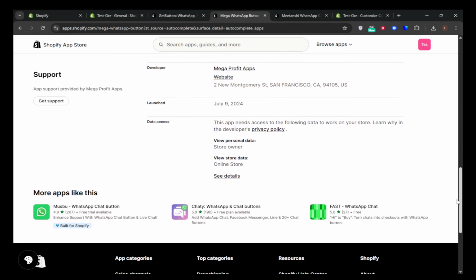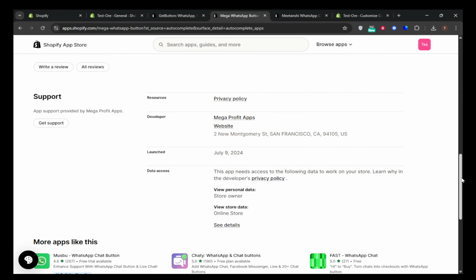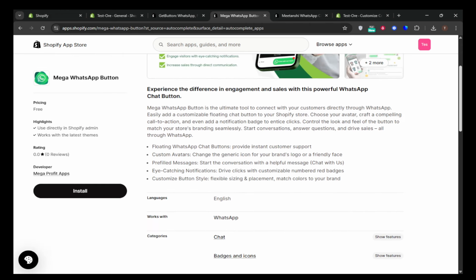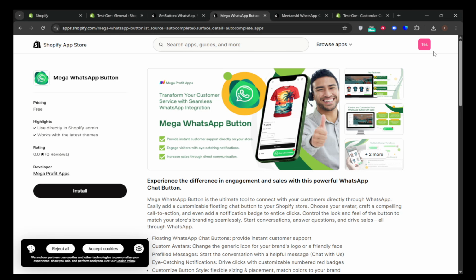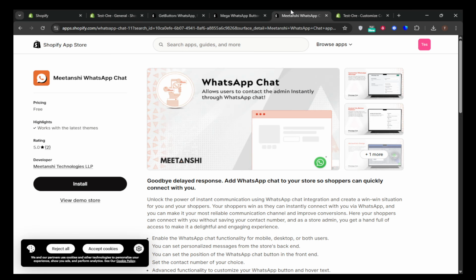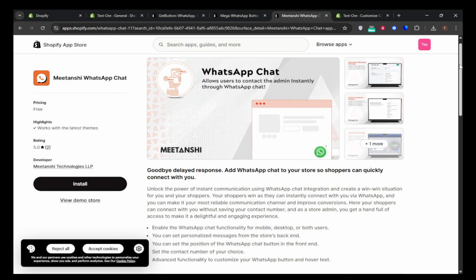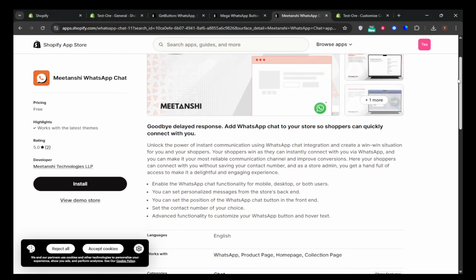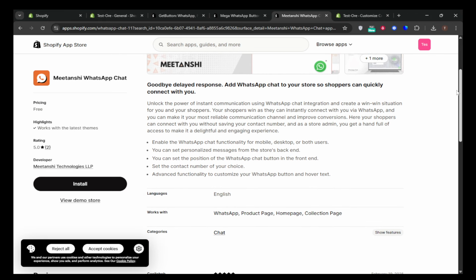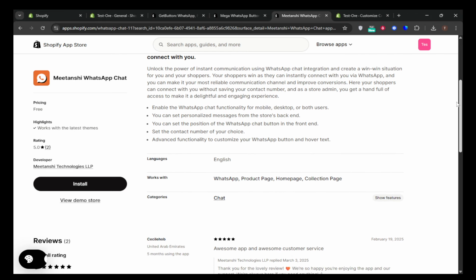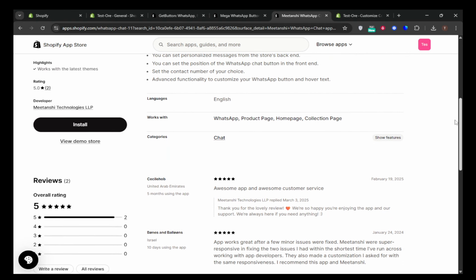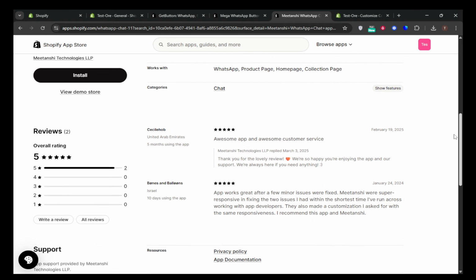For those who prefer a lightweight solution, the Meetanchi WhatsApp chat app is an excellent choice. This app is designed for optimal performance on both desktop and mobile devices, ensuring that all your customers have a consistent experience regardless of how they access your store. Its simple configuration process means you can set it up in just a few clicks, without bogging down your site